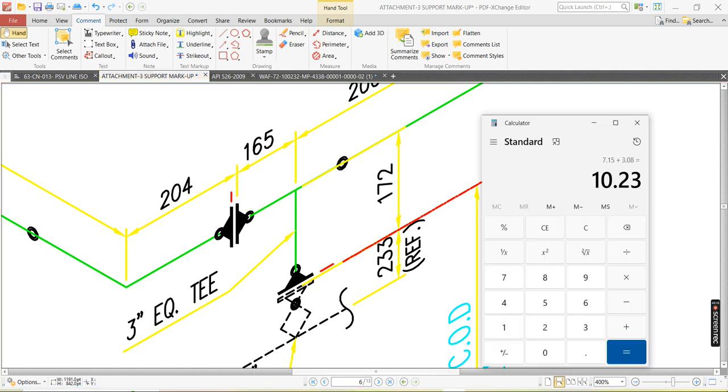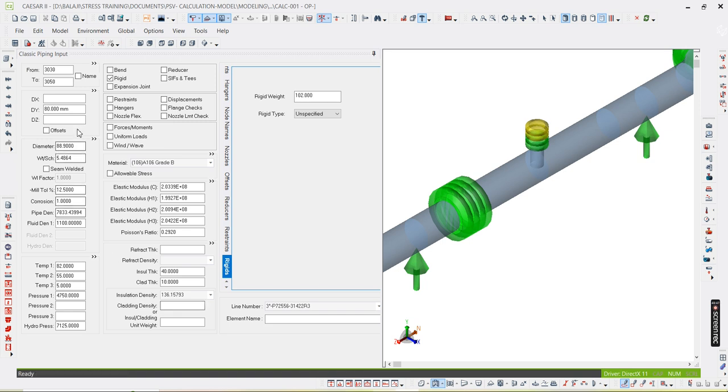That means 172 overall dimension minus the flange length, which is 80, so we'll get 92. But 92 for 3-inch, what is the 1.5D value? Elbow arm length is 3 into 25.4 into 1.5, 114. So you have to enter the value of 114 here, because if you give a lesser value,